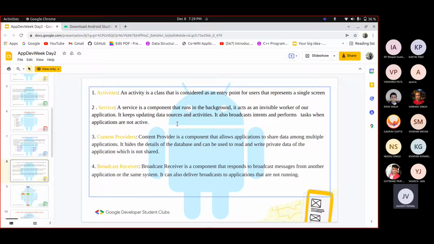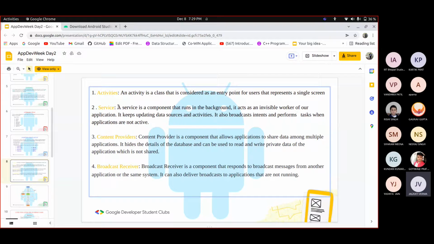Now, if you're using an mp3 player or an application that plays music, like Google Play Music, even if you put the app in the background, the music is still playing. Somehow the application is still getting the instructions that the user interface is giving it. This happens because of the service. The service component of our application helps us run the application in the background.